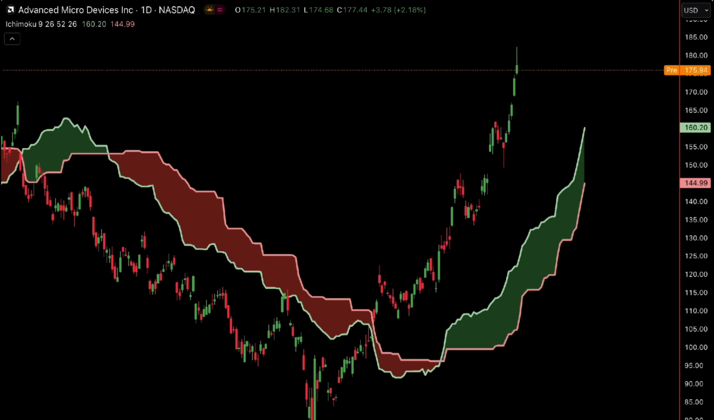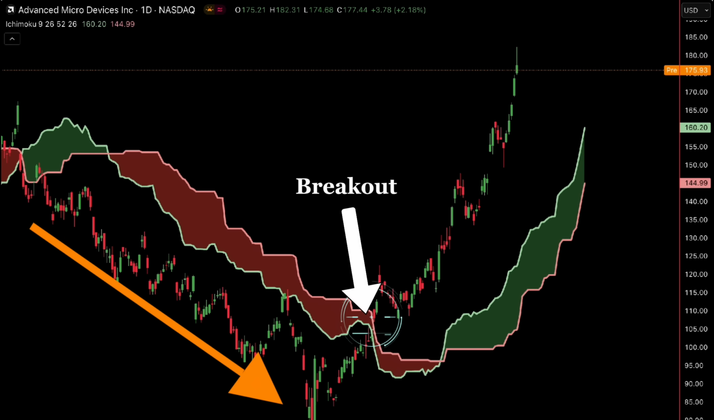Now take a look at another chart. This time it's from the stock market. We're looking at Advanced Micro Devices. As you can see, the stock was trending below the cloud for quite a while, signaling a clear downtrend. But right after it broke above the cloud, the trend flipped, and it's been moving higher ever since. That breakout happened in May, and from that point up to the day I'm uploading this video, the uptrend has